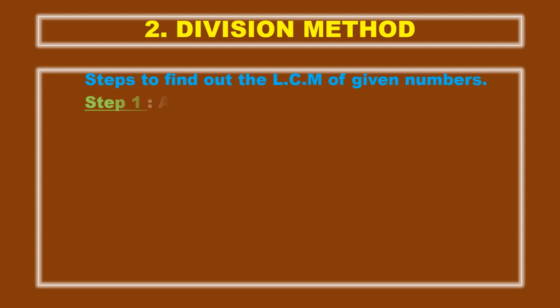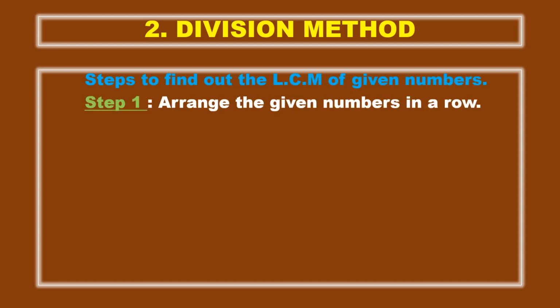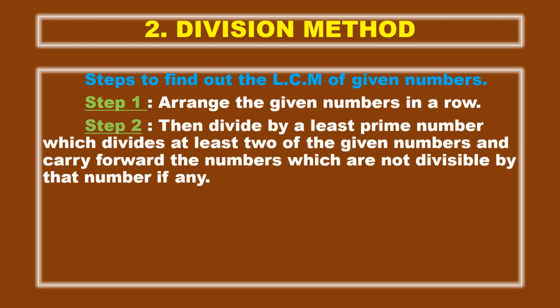So next is the division method. Let us discuss this also step by step. Steps to find the LCM of given numbers. Step 1, arrange the given numbers in a row. Whatever numbers are given, arrange them in a row, with commas in between. Finished. Now next, divide by the least prime number which divides at least two of the given